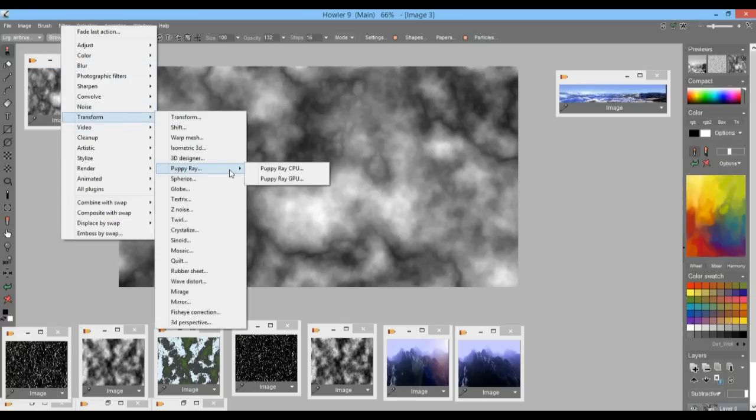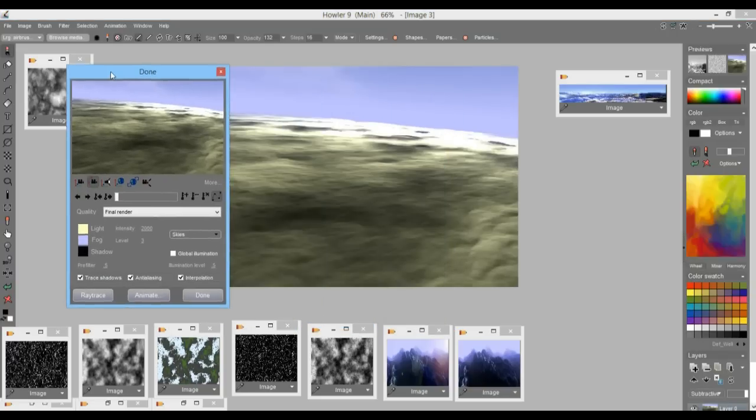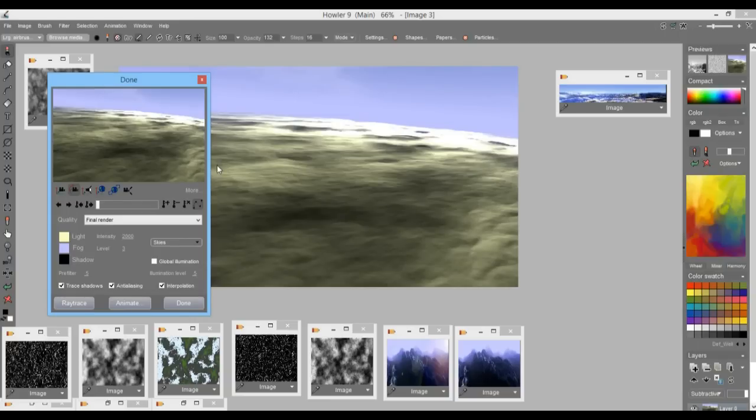If I transform here, we could use the CPU version or the GPU version. Be careful with the GPU. If you ask it to render too much, it could take too long. The driver could time out. There's that limitation with the GPU. So if you have the settings here for final render, don't go into final render unless you have first backed up all of the images you need and saved them on disk, because you could see the graphics card time out, and then the program being reset by Windows. So I would recommend, if you want to be on the safe side, use the CPU version